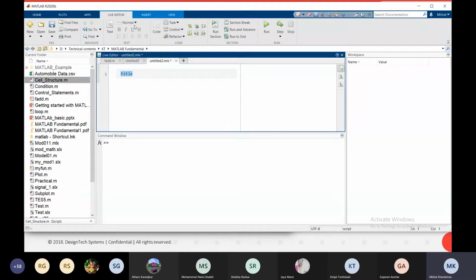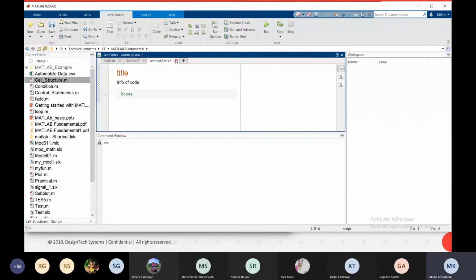Okay, you can give your title. Then let's say information of your code. Okay, info of code, and you can insert your code. Okay, so we'll get output below this.